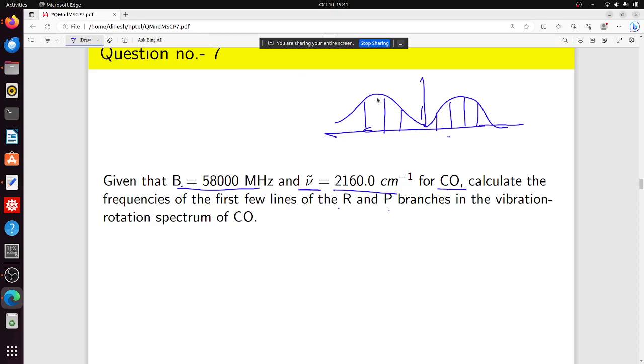So this line is defining the transition from 0 to 1, this line defines 1 to 2, 2 to 3, 3 to 4, and so on. And on the left side, this defines the 1 to 0 transition, 2 to 1 transition, 3 to 2 transition, and so on. So this middle line we call the Q branch,